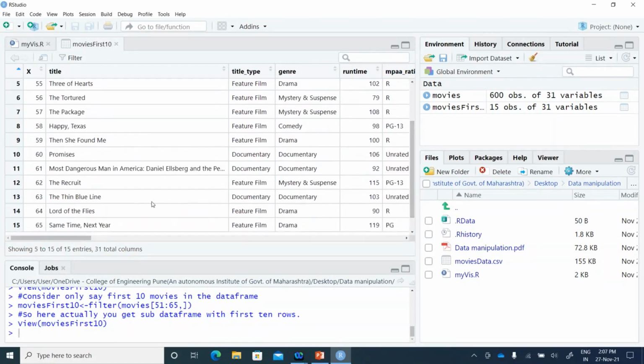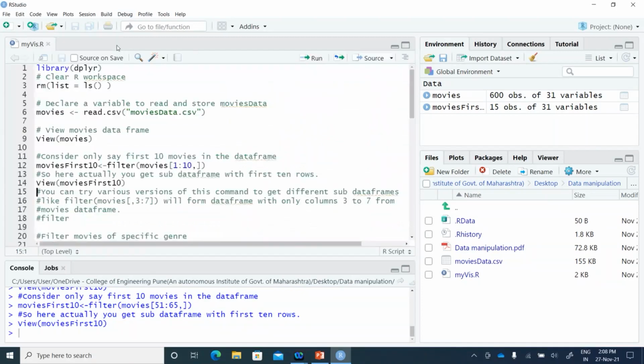Having said this, there is nothing special about only the rows. I can do the same with the columns. The only thing is I won't be writing anything before the comma. Whatever columns I want, I would be writing them after the comma, in sequence. That you already know, so I won't be showing it over here. But yes, that's how you can go on doing operations with the help of filter, as far as selection of rows or specific columns.